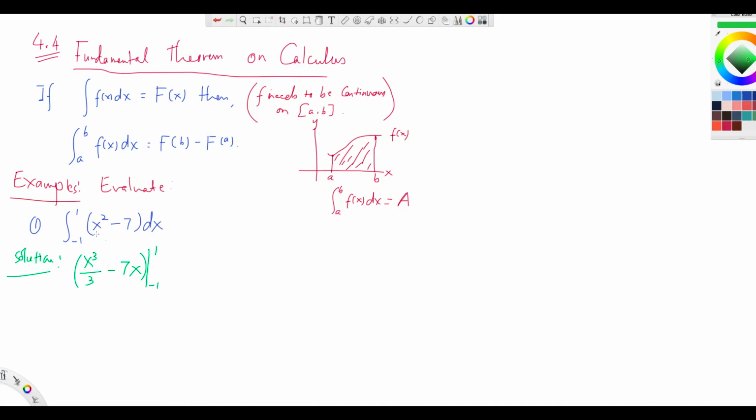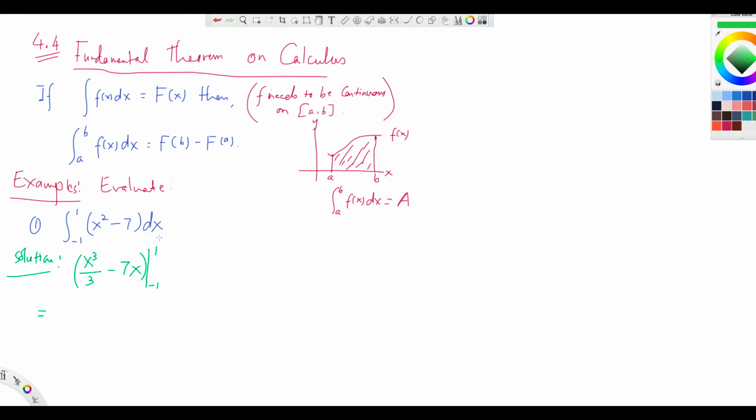So after you find the antiderivative of this function, you don't have to write the integral sign and dx. You just write the function inside the parenthesis, then a vertical line, and then -1 through 1. Okay, now what it says is, if this is our F of x,